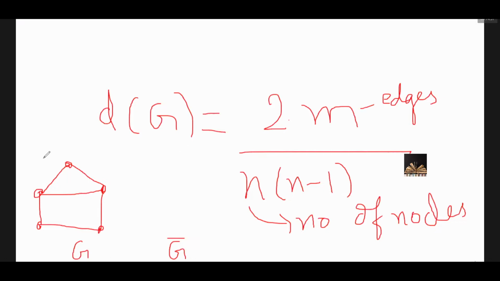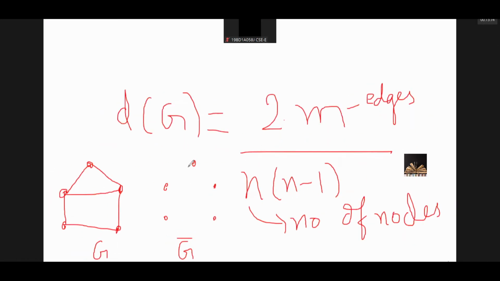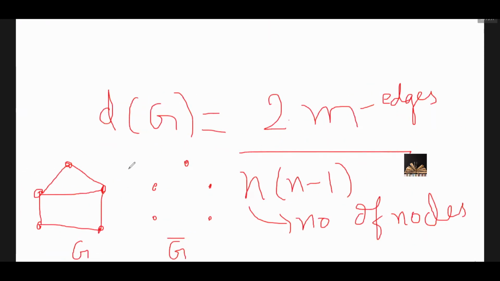Now see, first you have to write the nodes as they are. Don't touch the nodes. You have to concentrate only on the edges. So I'm writing the nodes as they are. Now see the edges. Now I should not have an edge between these two nodes, because it is already there in the current graph. So you have to redraw the edges which are not there in the current graph. So see now the graph will look like this because there is no connection between these two nodes. And next here and here, this connection also does not exist. See, this becomes the complement of the given graph.